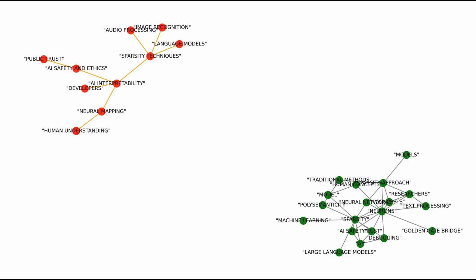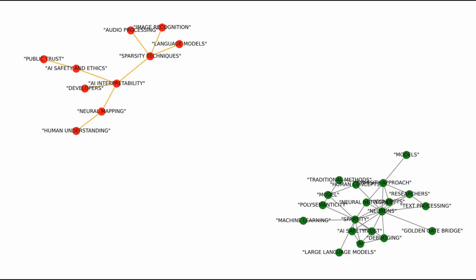2. Broader application of sparsity. Researchers could explore applying this sparsity approach to different types of neural networks beyond just language models, such as image recognition or audio processing. This would help in understanding how concepts are represented across various domains and could lead to insights applicable in diverse